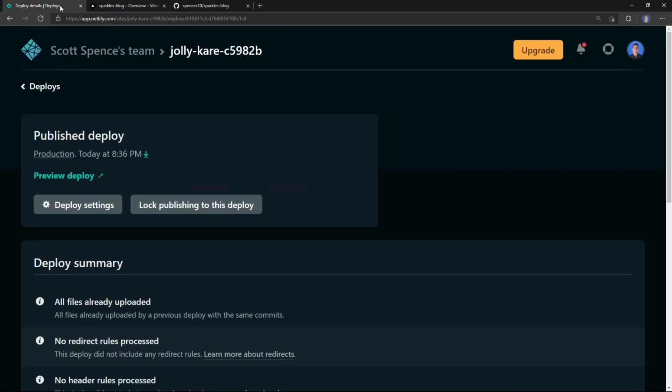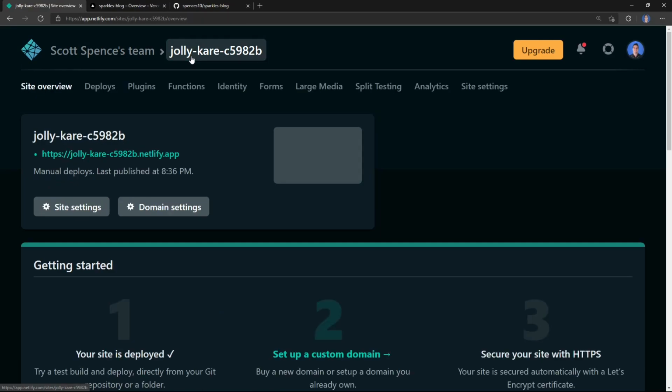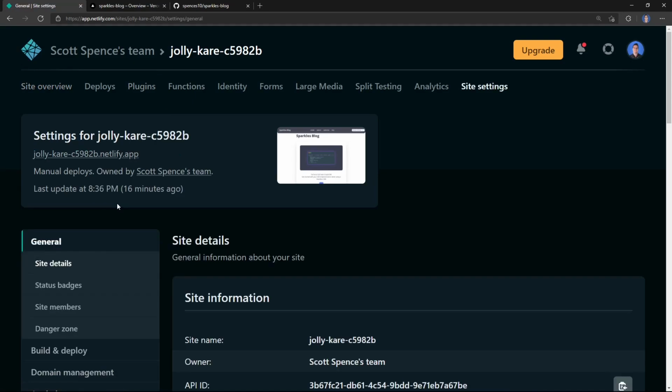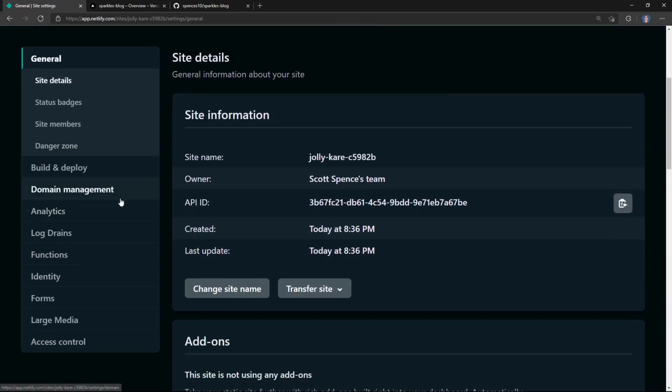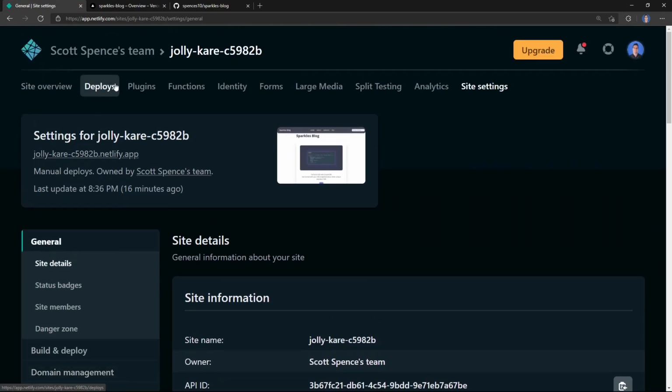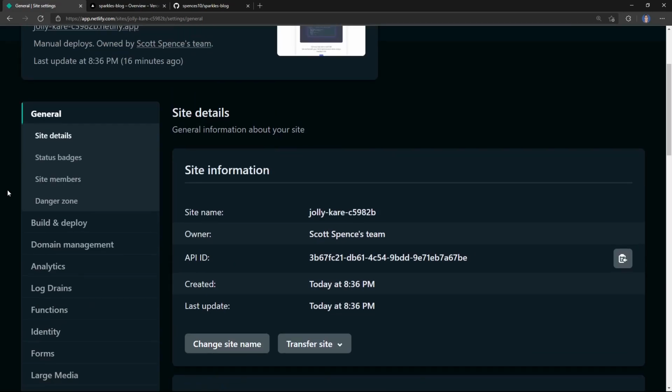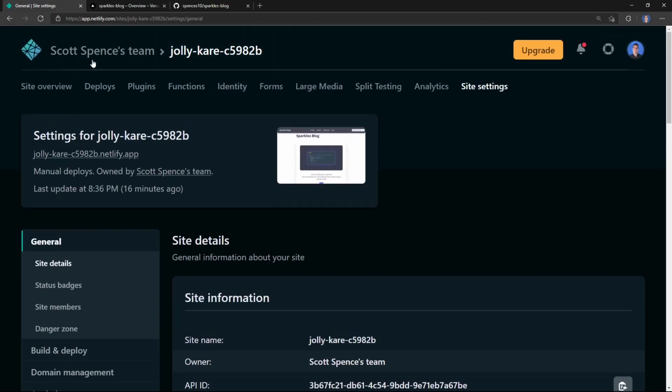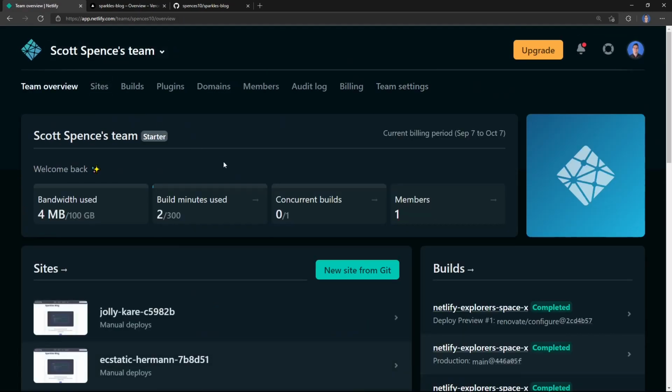So if I go back and over to the project here and click on this, and go to site settings, and I thought I could connect this to a Git repository. I don't. So what I'm going to do is go back on over to my team here